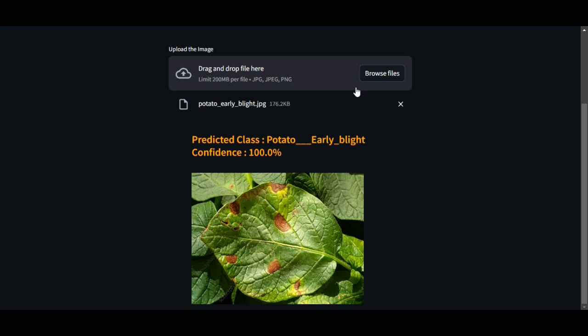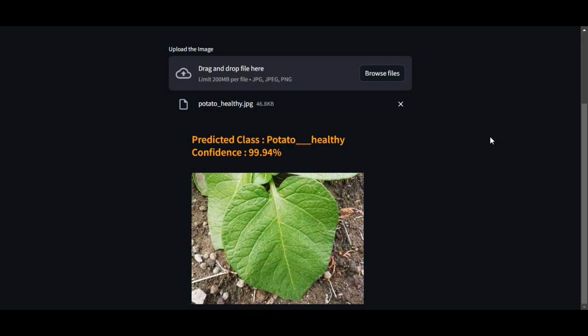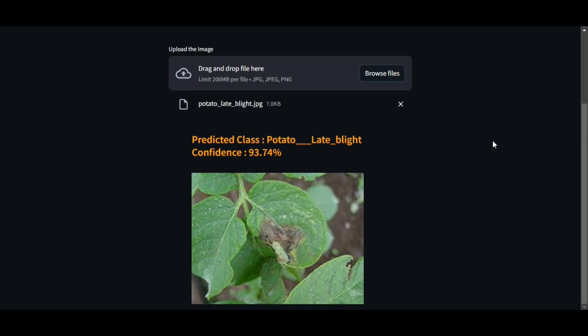Now I upload another image. It correctly predicted it's a healthy image with a confidence of 99.94%. And I upload one more image. Now it correctly predicted it's a late blight image with a confidence of